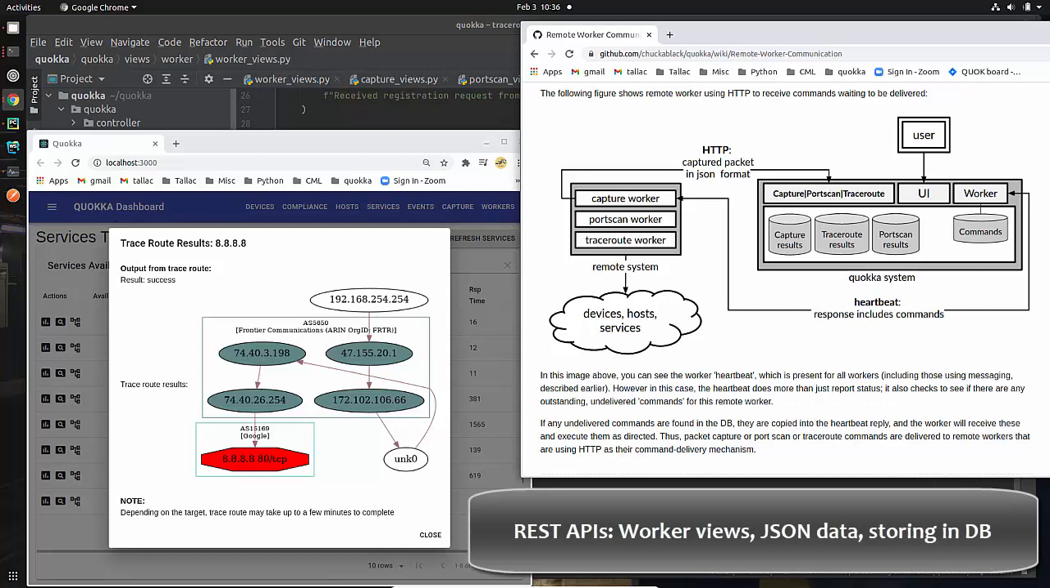We are doing our Quokka walkthrough and we're actually in the 11th episode of this. If you recall, last time we talked about user interface views. That's what you see over here on the right. This time we're going to talk about other types of views, such as the worker view to let us know